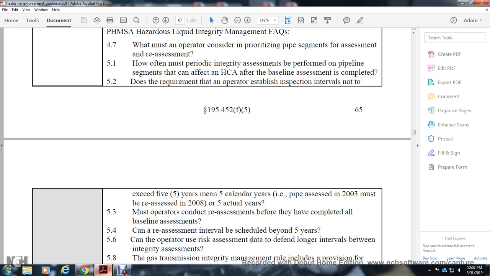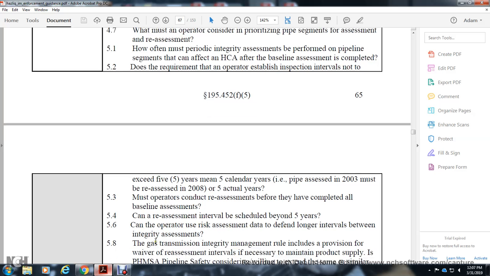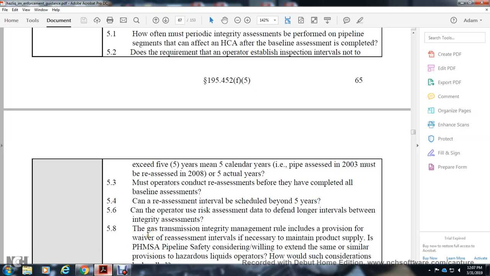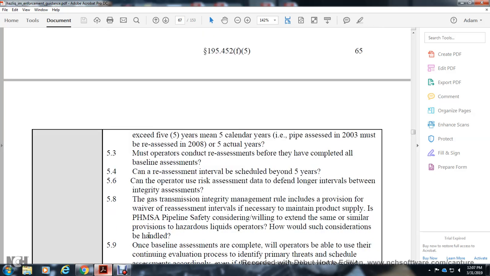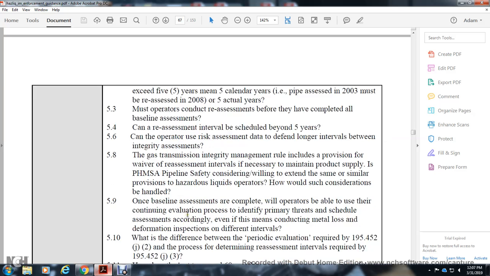operator review the risk assessment to define longer the intervals between the integrity assessment, and 5.8 with the gas transmission integrity management rule that include the provision waiver the reassessment interval if necessary to maintain the product supply. With the PHMSA pipeline safety considering willing to examine the same, similar to the provision that had a liquid operator, with how would it affect, such consideration be handled. 5.9 Once the baseline assessment is complete, will the operator be able to use the conventional evaluation process and have the primary threats and schedule the assessment accordingly, even if the means